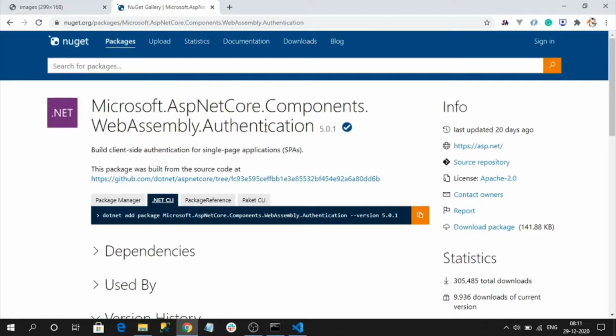This is the package we need to install. By default, it won't come with the created Blazor WebAssembly template.